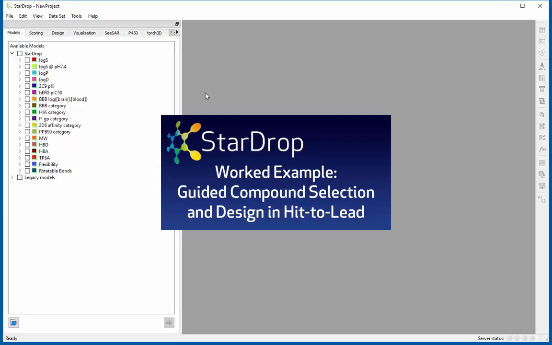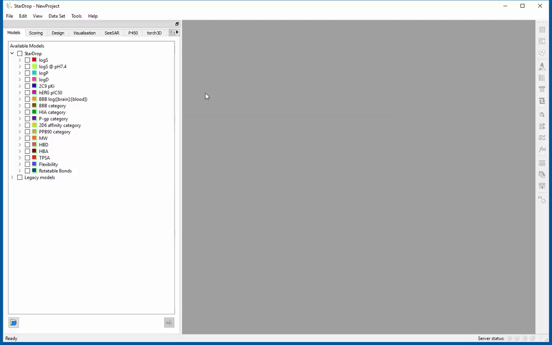This example explores some of the challenges typically encountered in a hit-to-lead project. The objective in this case is to identify one or more high-quality chemistries for progression to detailed in vitro and in vivo studies based on initial screening data for potency. Ideally, the compounds chosen for progression should not only be potent, but also have appropriate ADME properties to result in high-quality lead series. We will also use StarDrop to explore potential modification of one of the existing compounds to improve